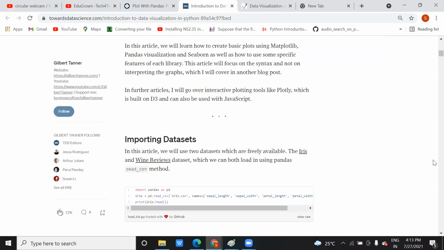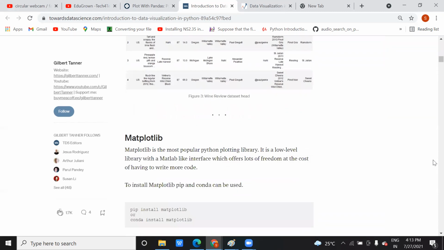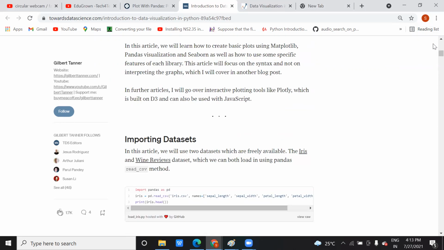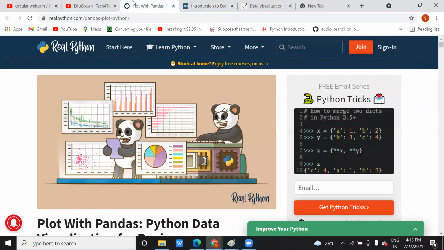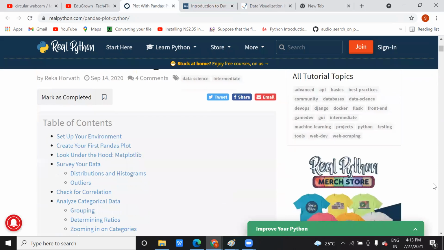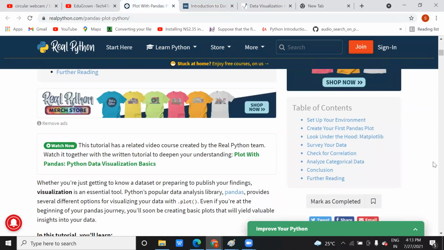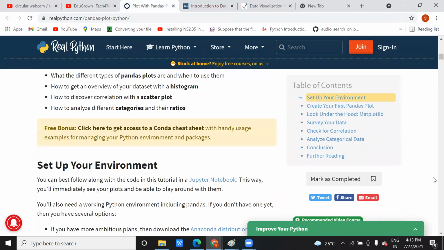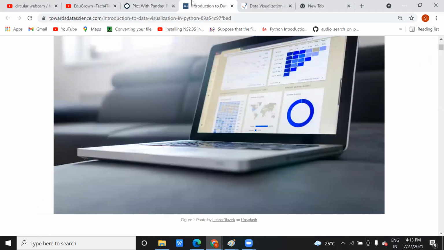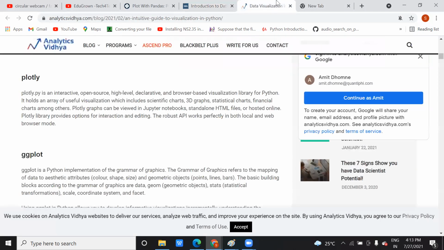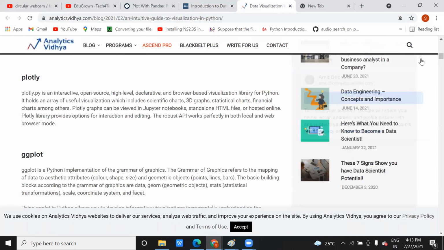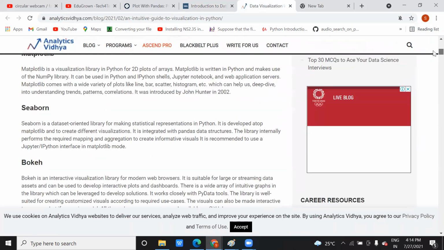Now today I am going to show you those things practically, but first I will show you what tools we are going to use. So you can see this visualization. In Python.org, the syntax was not given, so I'm using another website. You can see this Real Python one, which you can use for data science, and for data visualization there is one library you can use. And here you can see